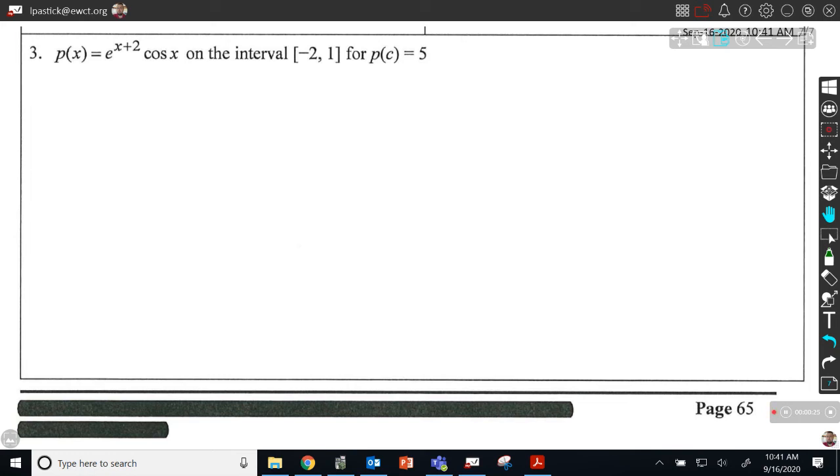So by now we should know that condition number one is that the function in hand has to be continuous